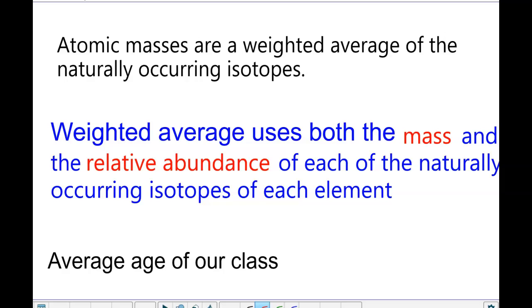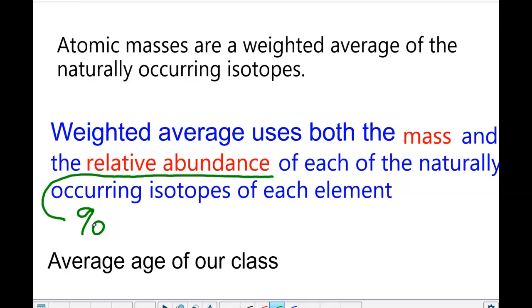So it's not a regular average where you add them all up and divide by the number you have, but instead it is a weighted average. So we're going to take into account the relative abundance for each of these isotopes. And relative abundance is always going to be a percentage. So it's the percent of the total,